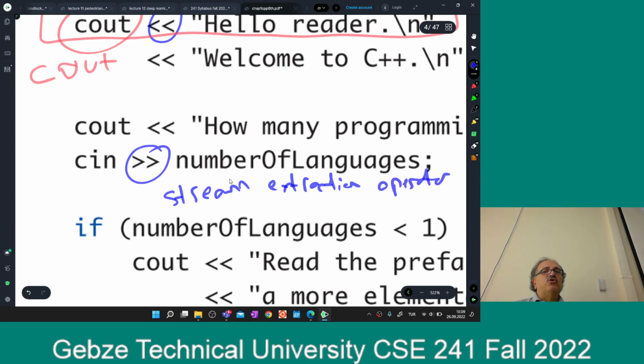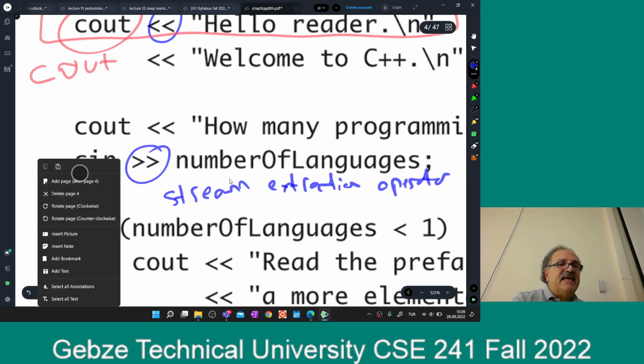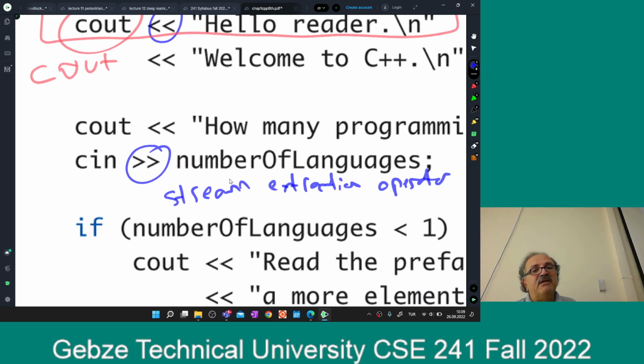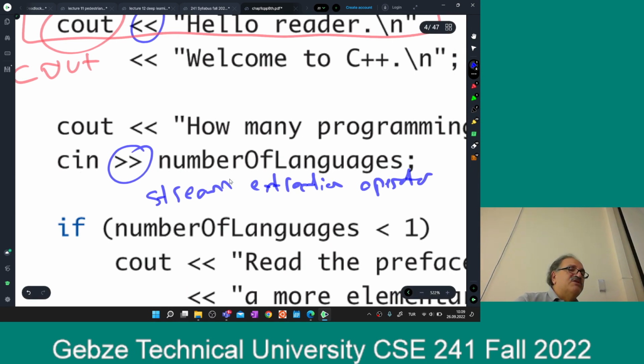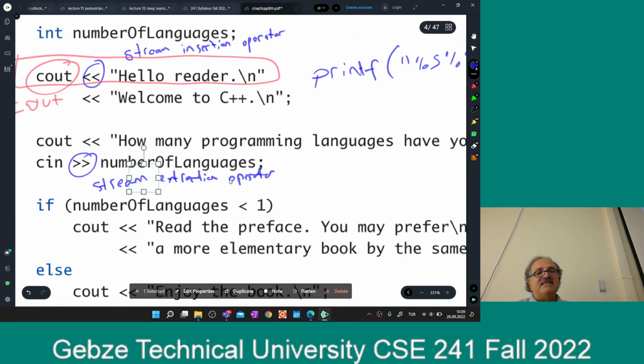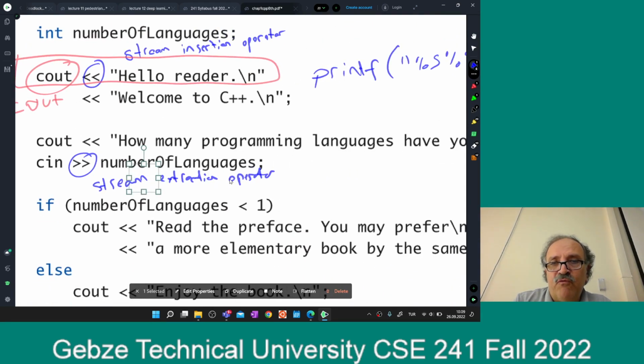The stream extraction operator, again, it takes two parameters. One of them is a global variable, again, cin, character in. The other one is the variable that we are going to modify. It reads an integer from the keyboard and puts that integer inside this variable. So the corresponding C statement for this one would be